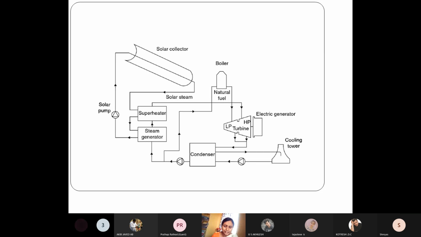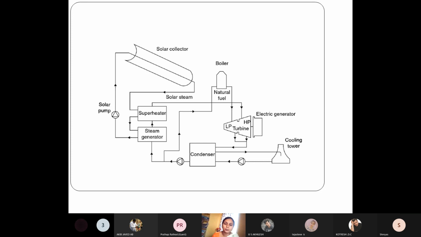Heated high temperature working fluid. The fluid is nothing but water, they are saying. The fluid is then used in a Stirling engine or Brayton heat engine cycle to produce what? To produce mechanical power, that is mechanical power via rotational kinetic energy, and then we will produce the electrical energy for utility use. And they are saying that in the Brayton cycle, the hot compressed air is then expanded through